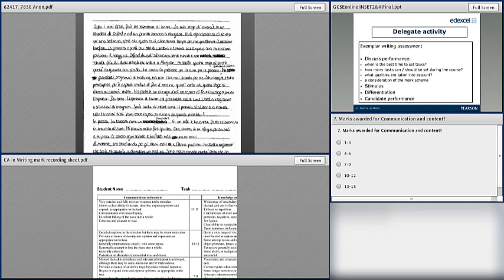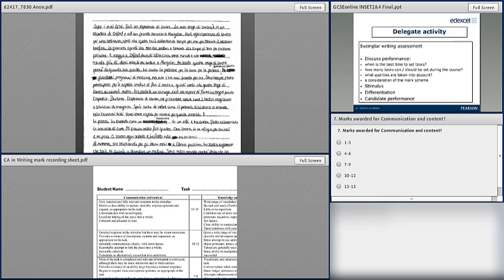So remember, communication and content covers basically how the task has been carried out, whether the task has been carried out content-wise. However, do bear in mind that the quality of language does affect communication and content, because some of the descriptors mention that it's not just whether they cover all the points, but also how they cover them. For example, the 7-9 box has comprehensible overall with some lapses, some ambiguity. So the quality of language does affect communication if you read the descriptors correctly.